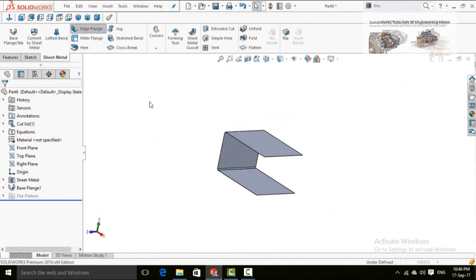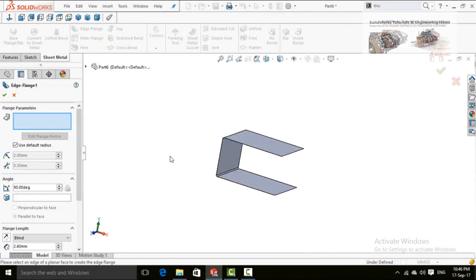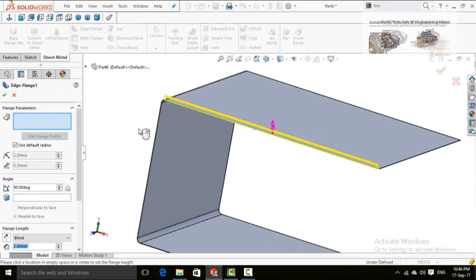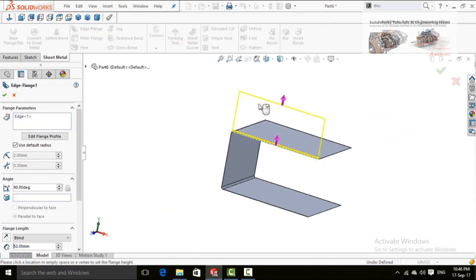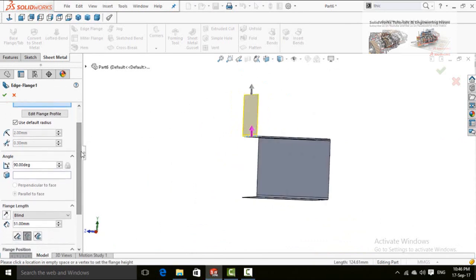Click on edge flange command. Here are the flange parameters. So select edges. Now your flange will be automatically generated or created. Now specify the direction. In this direction, if you scroll down, here is the degree for bend. You can increase or decrease, like 120